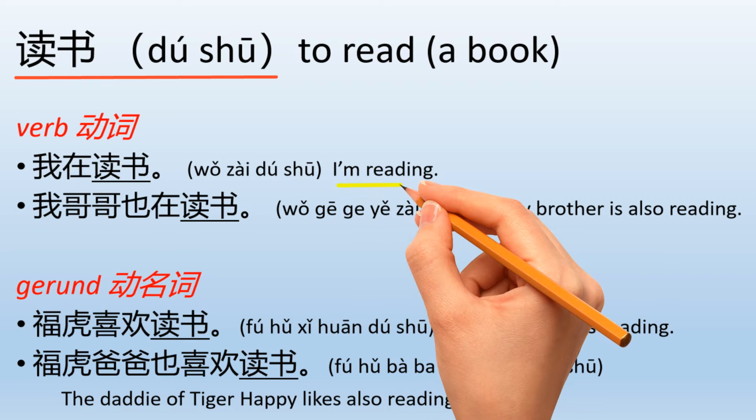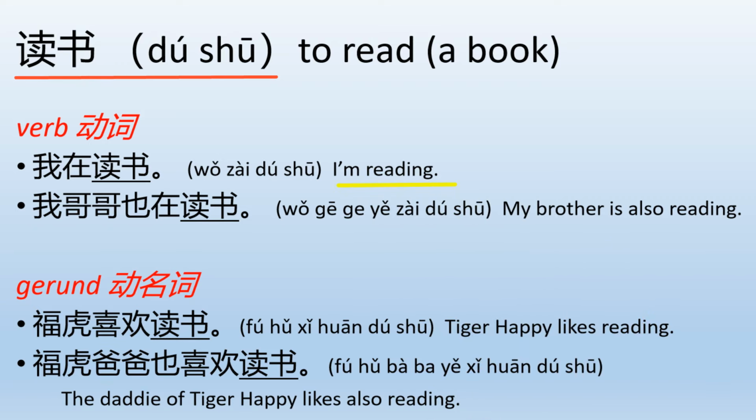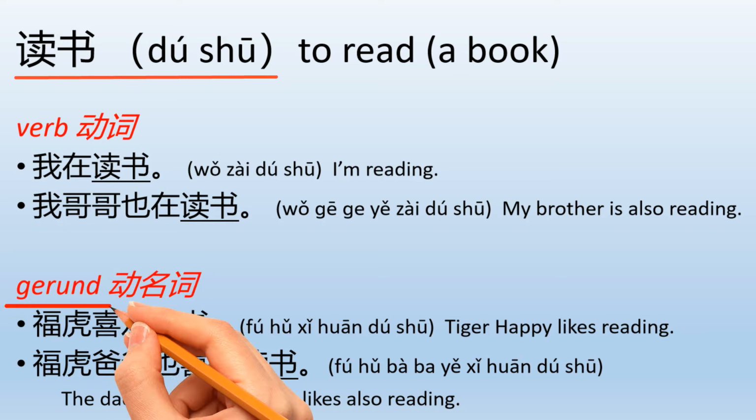What are you doing? I'm reading. And what is your brother doing? He's also reading. 读书 can also be used as a gerund,